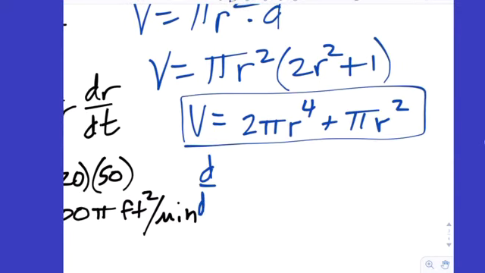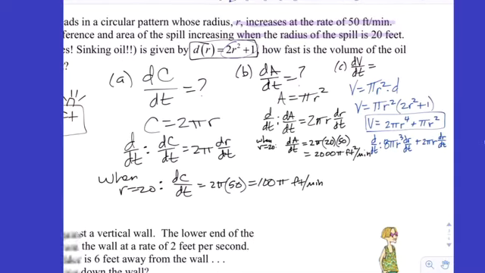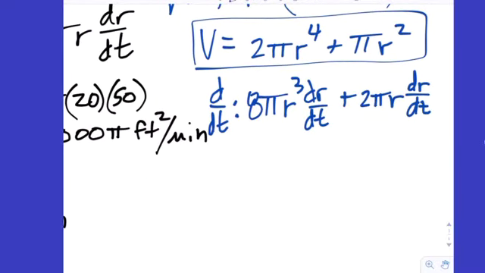And now we'll take the derivative with respect to time. So we get 8 pi r cubed times the chain rule dr/dt. Don't forget the d variable dt. Putting d/dt every time will hopefully remind you of that. Plus 2 pi r to the first times dr/dt. And now all you got to do is plug in. So it's the same thing. When r is 20, you get,